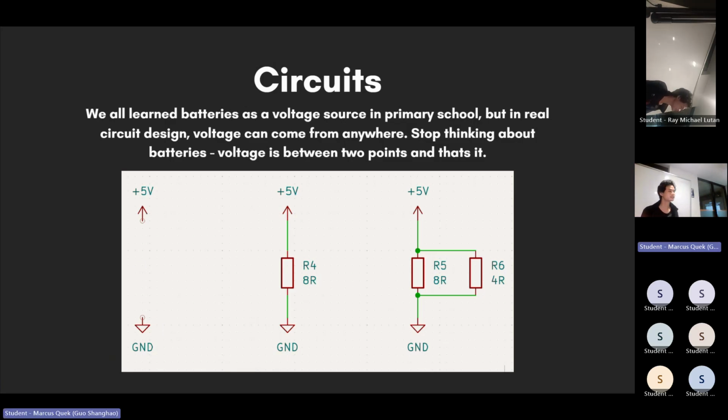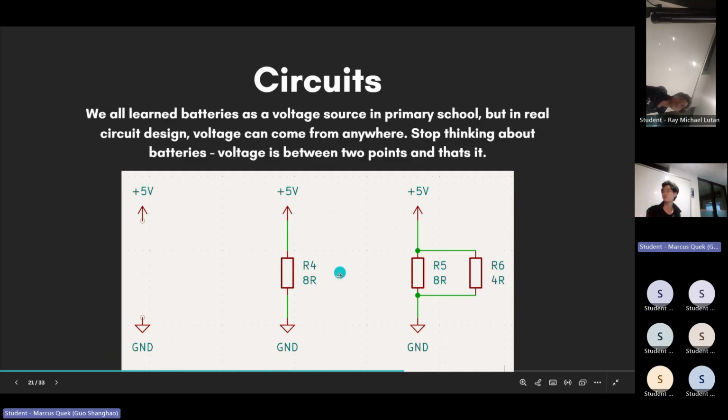Ground is always 0 volts. Okay. If it's not, then that's very bad. And we'll show you when it's not in like lesson 6 or 7. Okay. Anyway, tangent. We have voltage between points and that's it. There's no more battery. All circuits for the rest of the course are going to be using power flag and ground flags. Okay. So for this resistor in this circuit here, I show that I have 5 volts across it